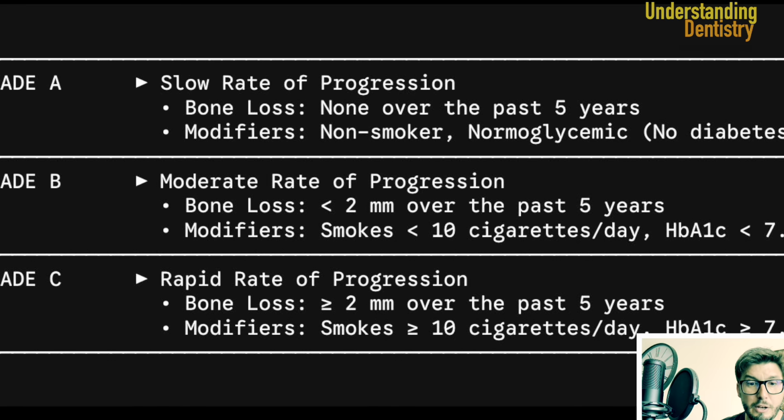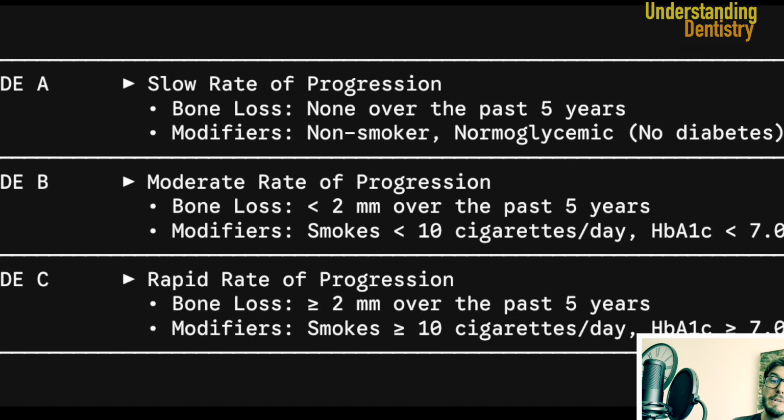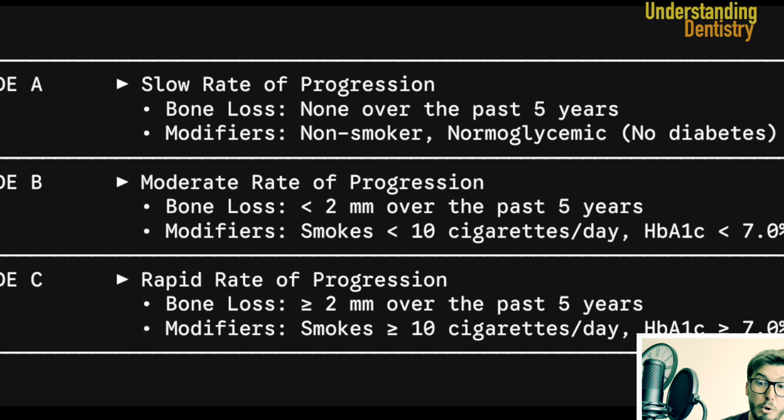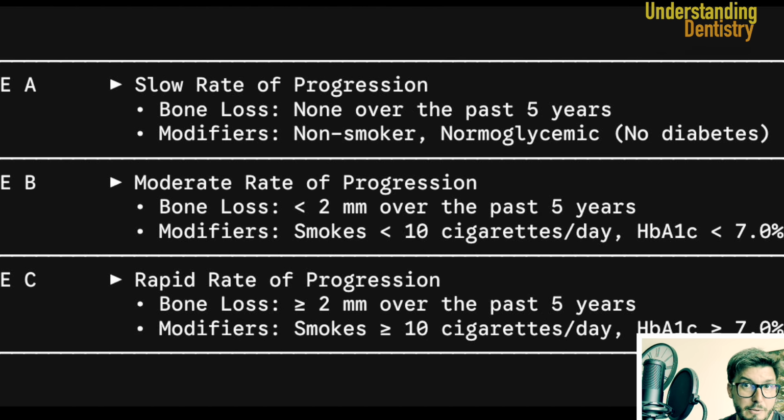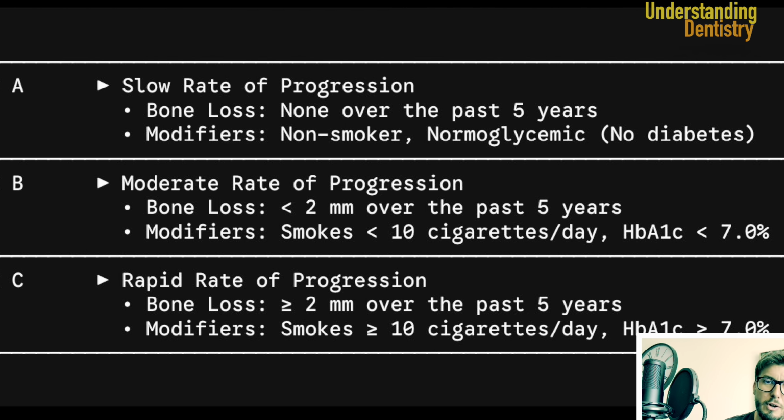There you have it. Grade A, slow rate, grade B, moderate rate, and then grade C, rapid rate of progression, including bone loss and all the factors being taken into consideration, like the modifiers, cigarettes, and other factors like this,